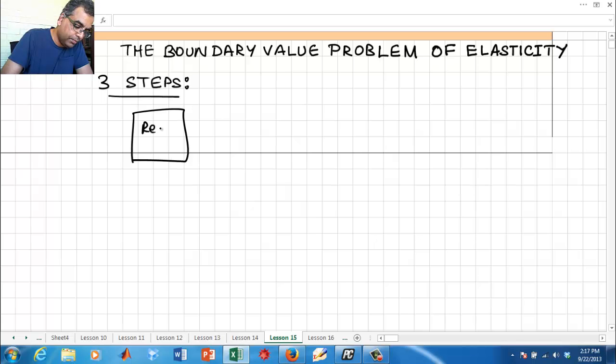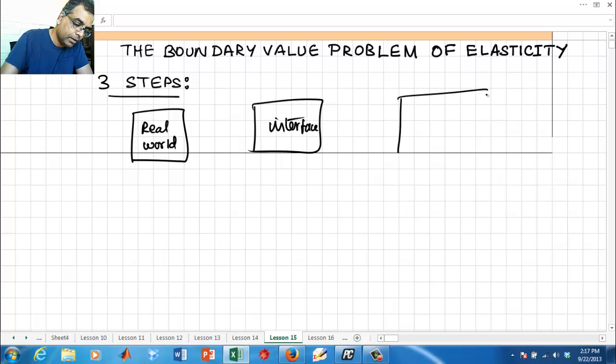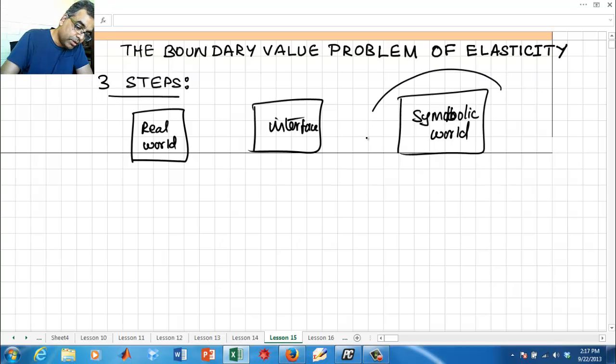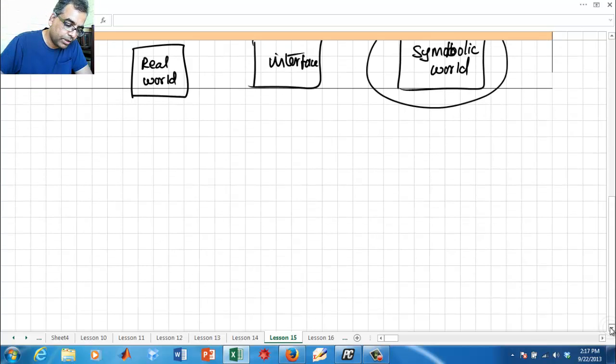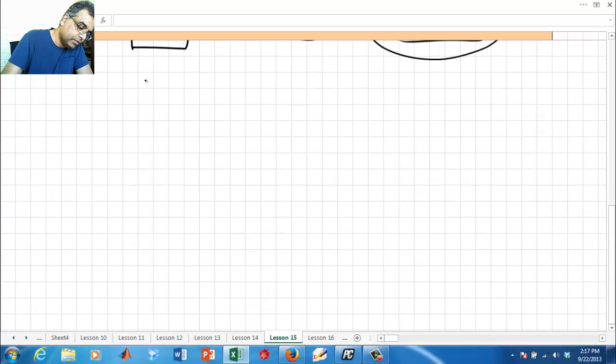The real world, interface, and the symbolic world. So we are now talking about this. In the purely symbolic world, what happens to an elastic body? So here is the body. So we are given